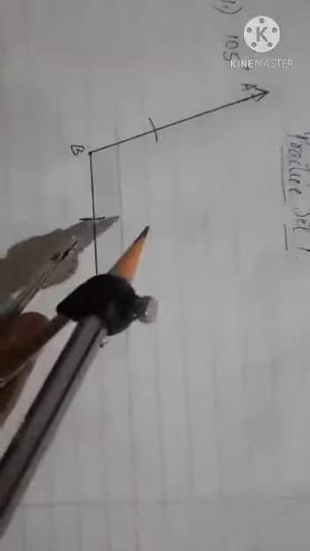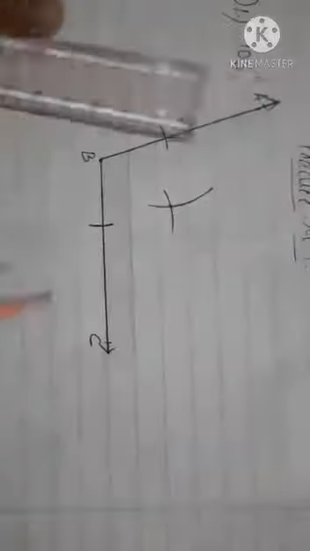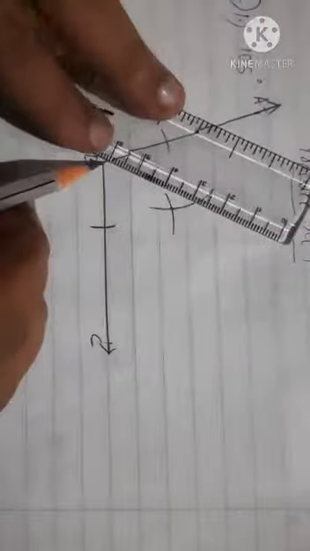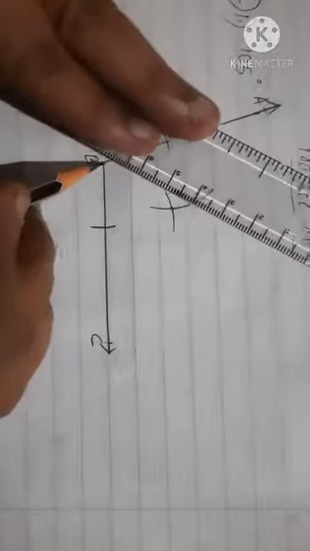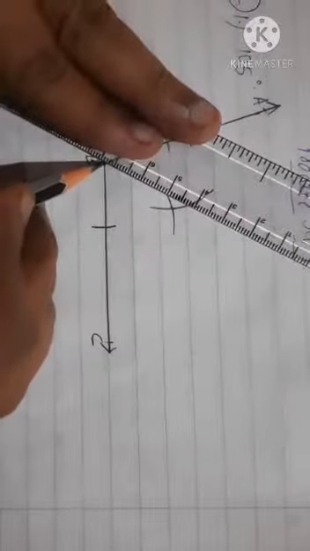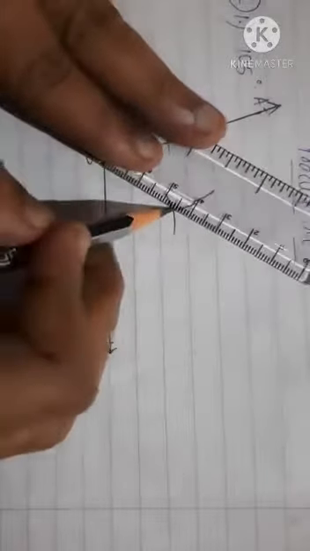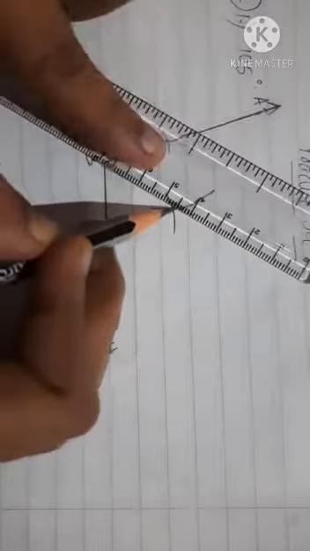Second step, I have to draw now the internal arcs. So I'll keep it at point on BC and I'll try to draw an internal arc. Then from the earlier arc which I have drawn, from there I'll try to cut this. Okay, so I'll get one point. That point I will try to join with point B, where the angle's origin is.